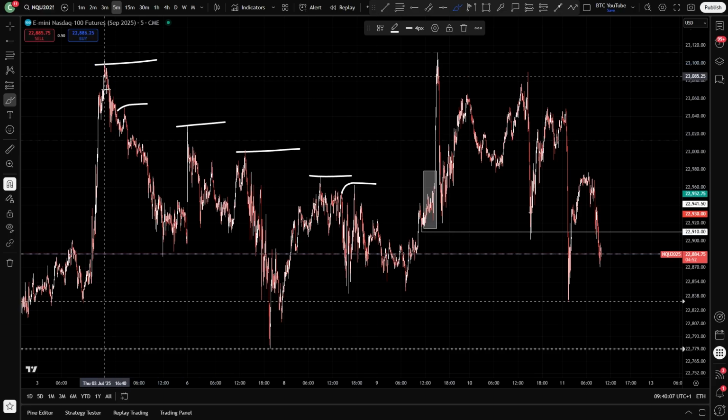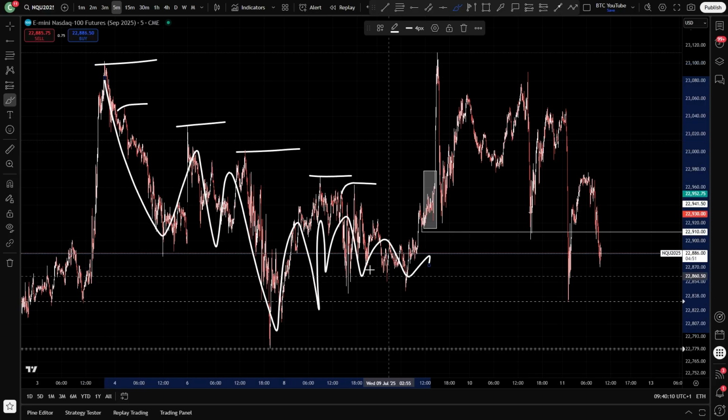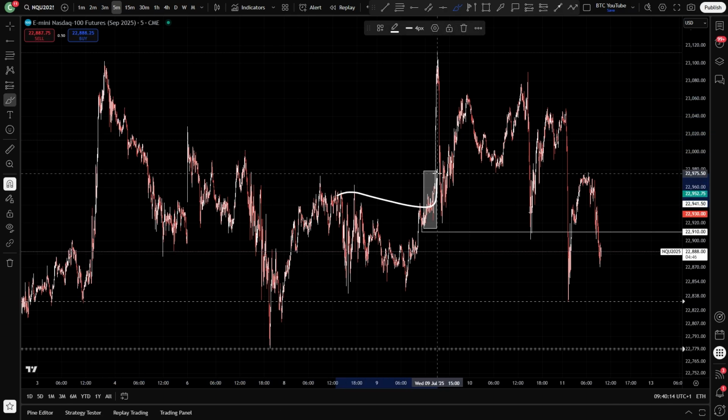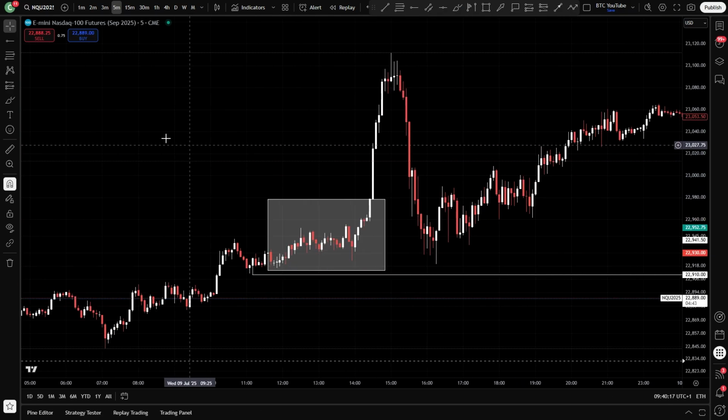as well. You can see we've been chopping around for a while, going sideways in this range. Very, very choppy price action. All of this liquidity being formed here. You can see we're just starting to break out of it in this area here. And then as we come into open,